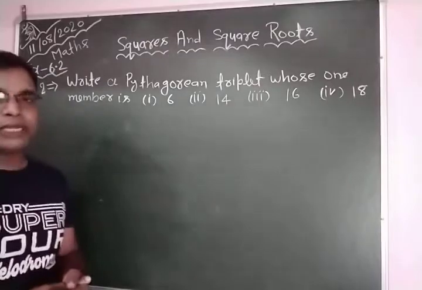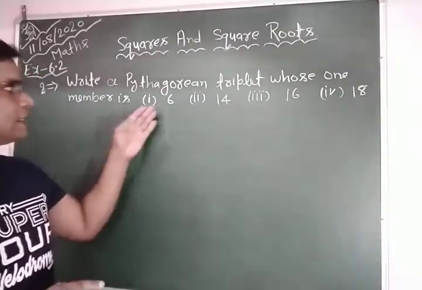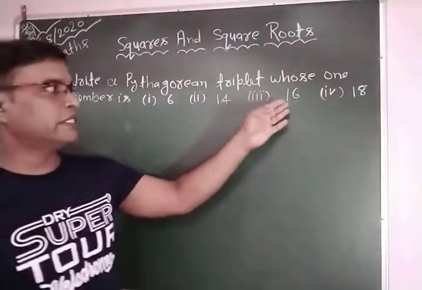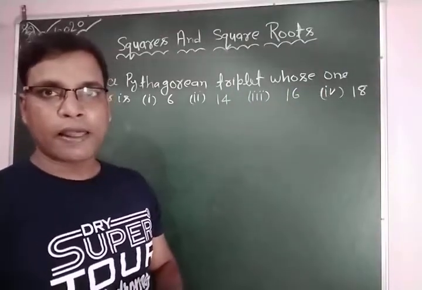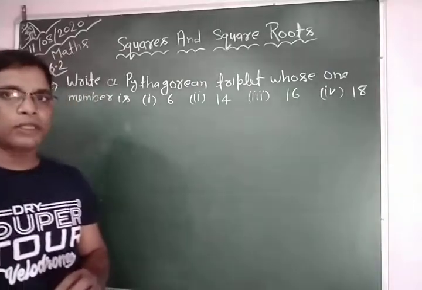Write a Pythagorean triplet whose one member is 6, maybe 14, maybe 16, maybe 18. Okay, so we find here Pythagorean triplets. Okay, so for this solution,